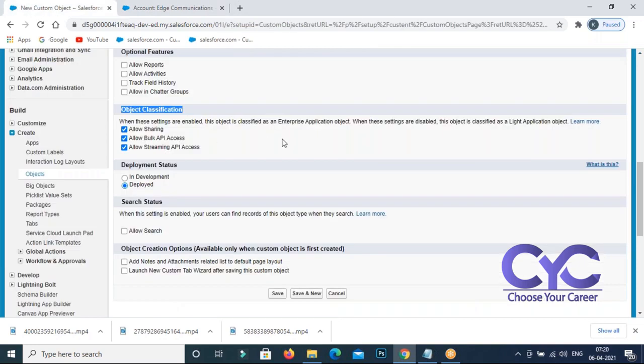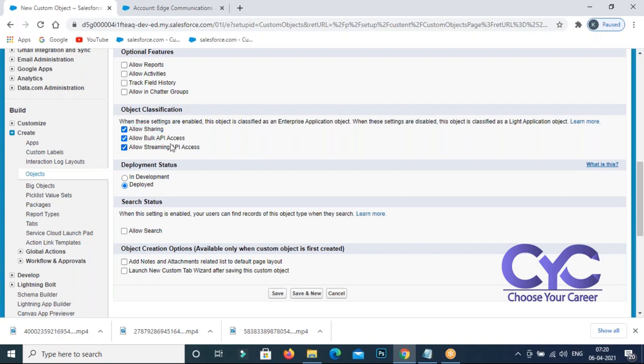I want to share, as an owner, my records with some other user, those who are going to look after my records, right? So do you want to allow sharing on the records or not? Yes, by default it is there. Okay, you can share the records.